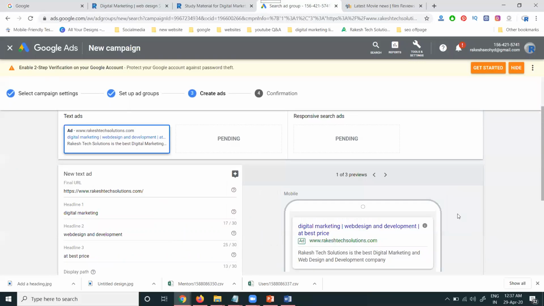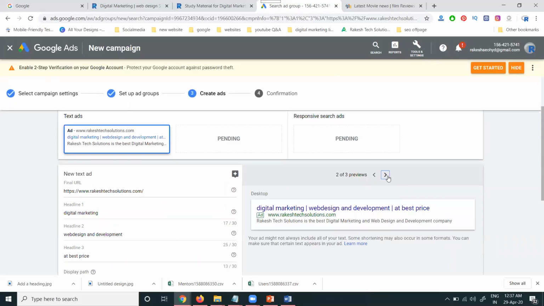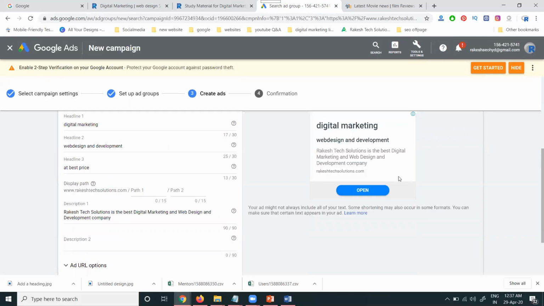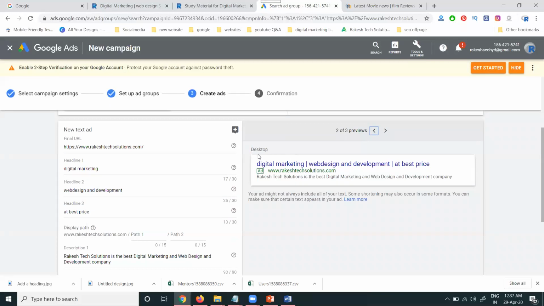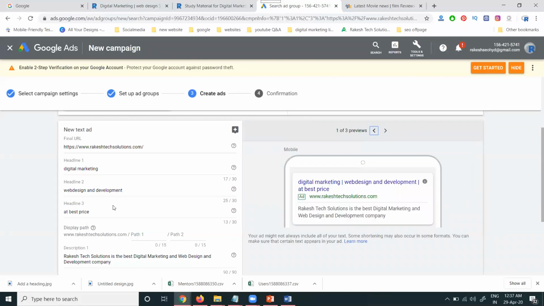Where you can display the ad first: mobile, desktop, and display. I have not created display, because the display option is disabled. So this ad will not show for the display option. The ad will only show for desktop and mobile. If I select the search option also, it shows for particular searches as well.